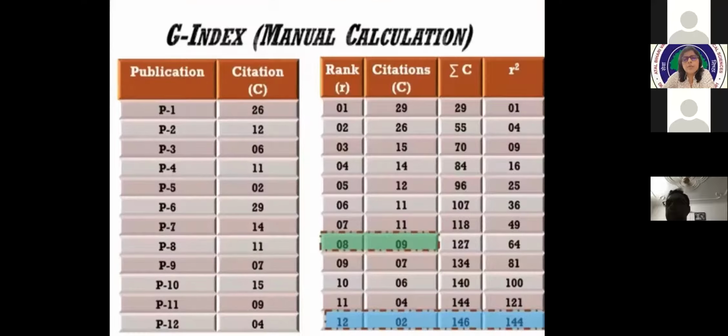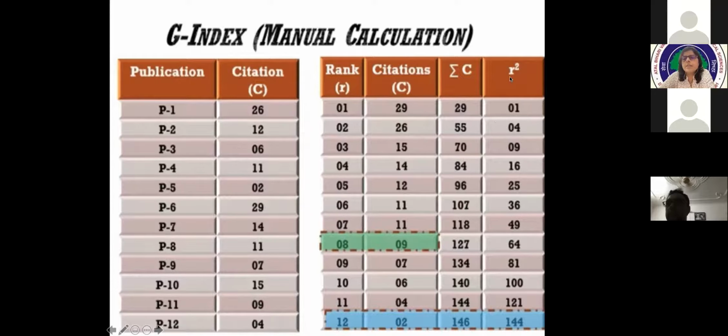Furthermore, we can learn from one more example, similar to what we saw in H index. Please read this as G and read this one as G square. The author has 12 publications. The citations are written in decreasing order like we wrote in H index. But here two more columns are there, one is the summation of citations and the other is G square. So if the first publication of the author has 29 citations, the summation will be 29. But if the second publication has received 26 citations, you have to sum up 29 plus 26, that is 55. The citation summation will come here for the second publication and so on.